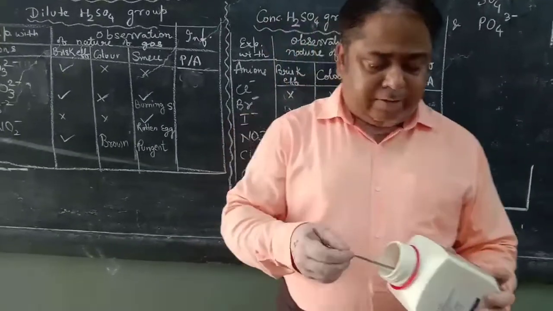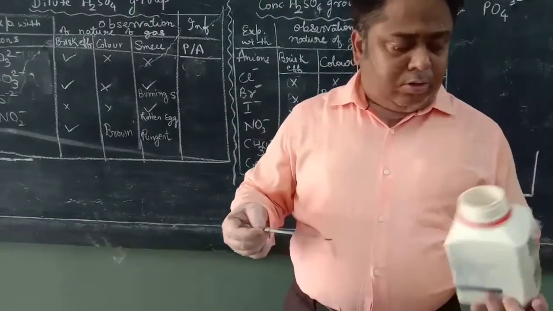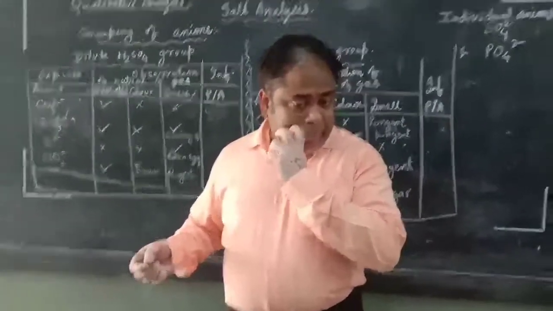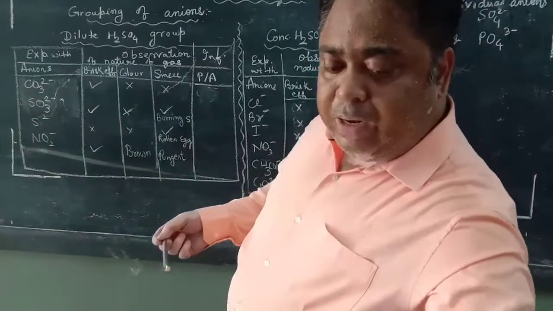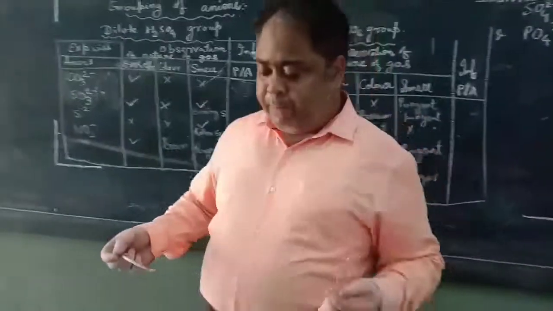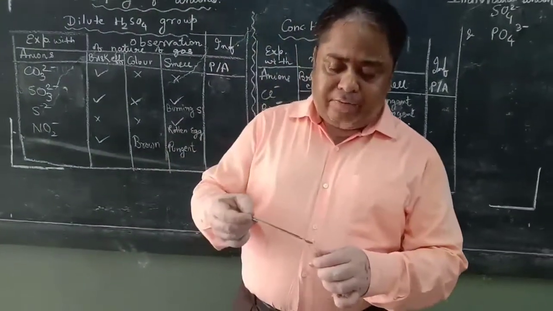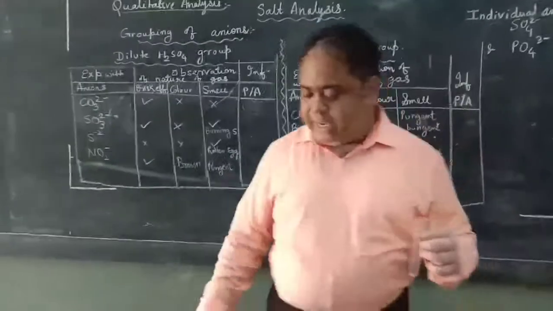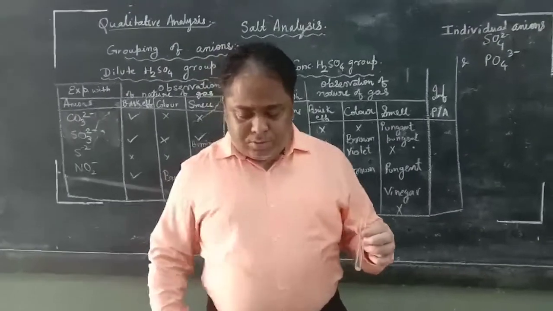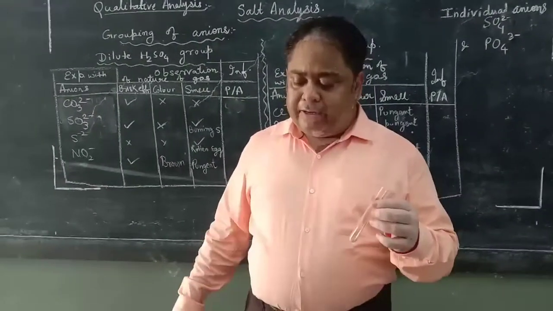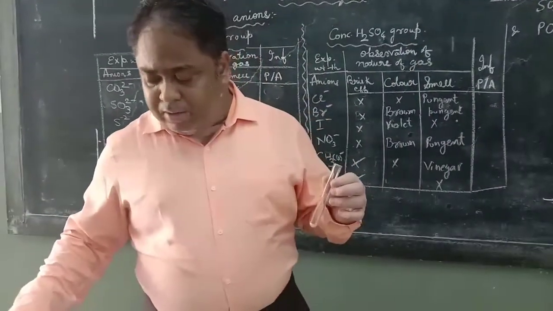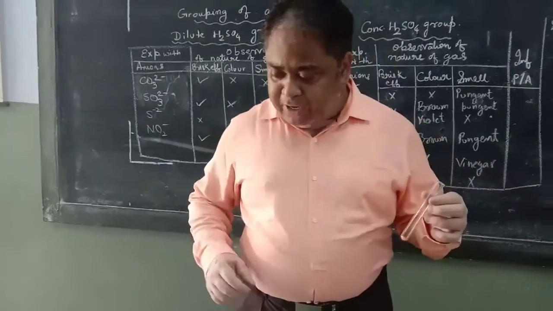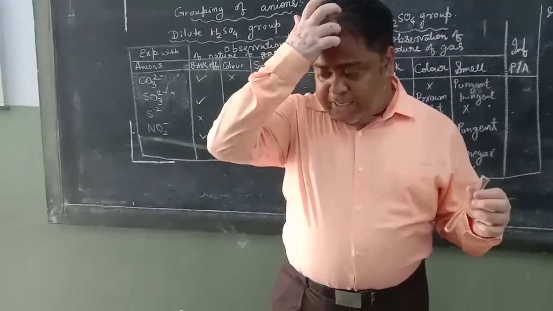This is sodium sulfide. It is a very useful salt for preparing H2S gas in the lab instantly. If you don't have Kipp's apparatus, then you can prepare H2S gas instantly by taking sodium sulfide and adding some water. It will form a solution of H2S gas. It is already smelling like rotten egg because sulfur is a very... sulfide salts are very weak salts. They can be decomposed very easily.